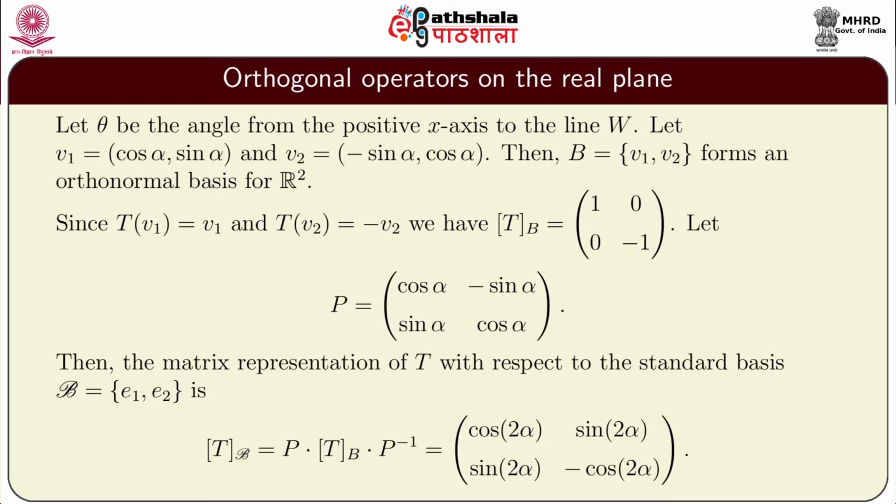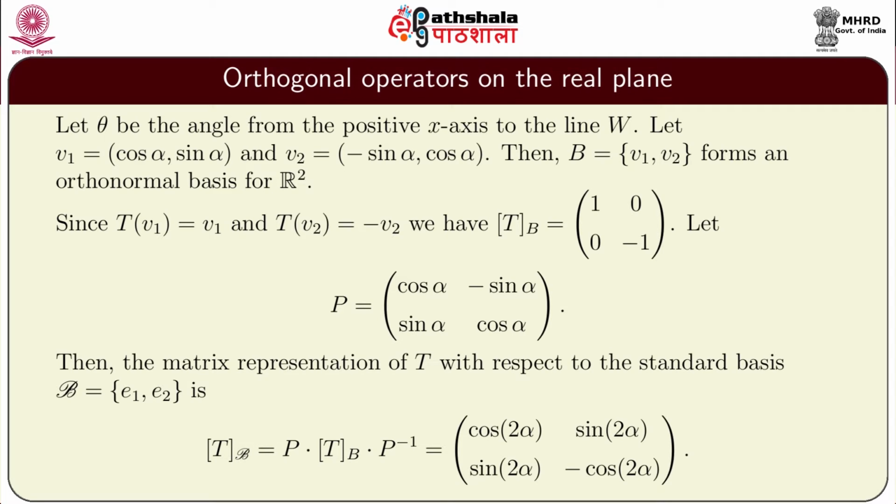Now, let P denote this 2 cross 2 matrix whose first row is cosine alpha, minus sine alpha, and the second row is sine alpha, cosine alpha. Then the matrix representation of T with respect to the standard basis B = {e1, e2}, this [T]_B, is equal to P [T]_B' P inverse, where this second B'